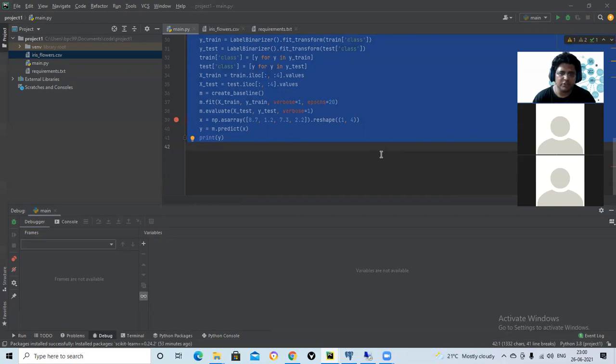You understood how to convert the classes into one hot encodings, how the softmax function works with one hot encoding, how the loss function is calculated, how it is propagated, how training happens, how you can do early stopping, how evaluation happens, and how prediction happens.